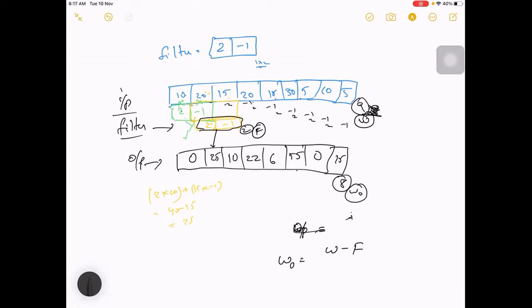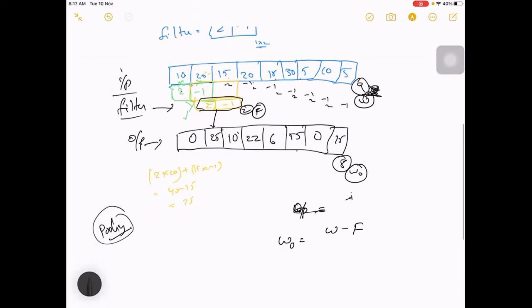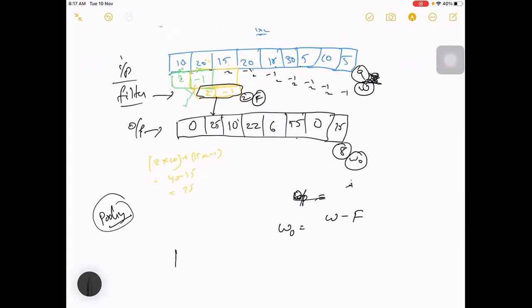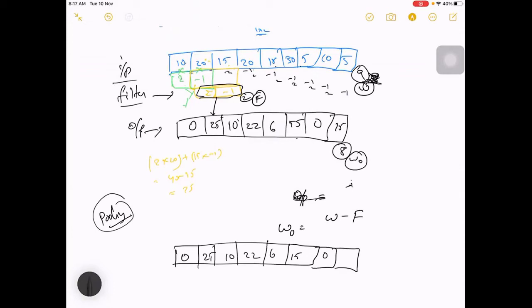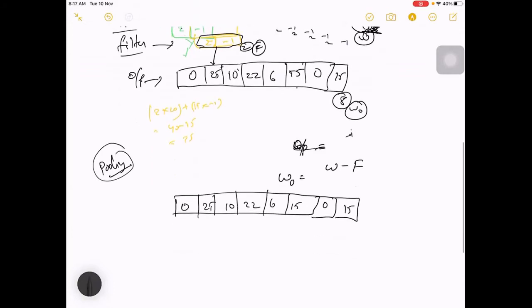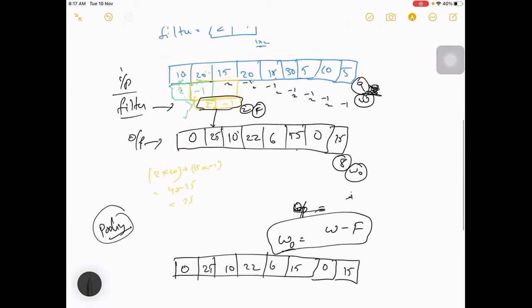Once you get the output, you can have some kind of pooling mechanism. Pooling is again a windowed approach. Let's take this: 0, 25, 10, 22, 6, 15, 0, 15. Instead of having this dimension, there is no change so far. Let me talk about pooling later.